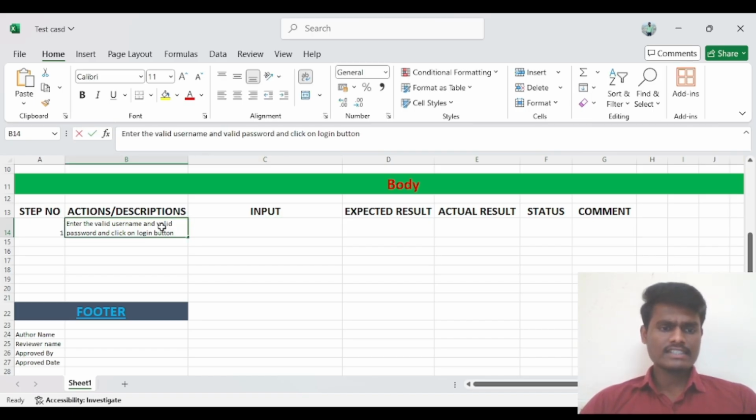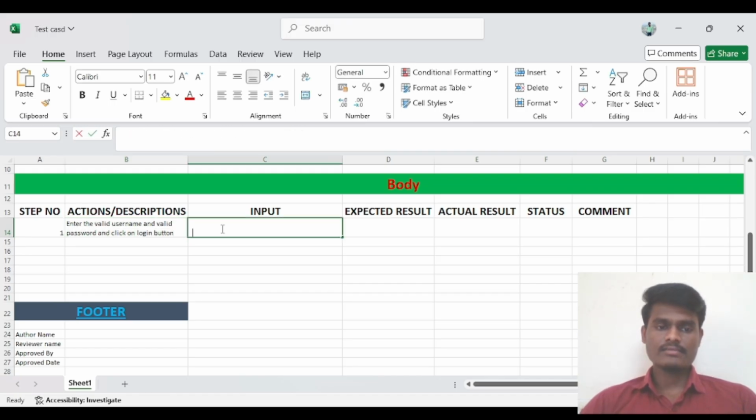As per whatever I have written, this is what we have to do. We have to give a valid username.